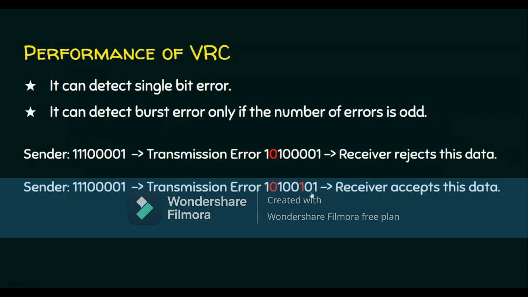In other words, the receiver can also do it like this. It can take this bit, it knows this is the parity bit, and it takes this bit aside and checks the number of ones. 1, 2, 3. So there are 3 ones. So it understands 3 is an odd number. So it checks for the parity bit as 1. Since the parity bit is also 1, it misunderstands that there are no errors during transmission and it